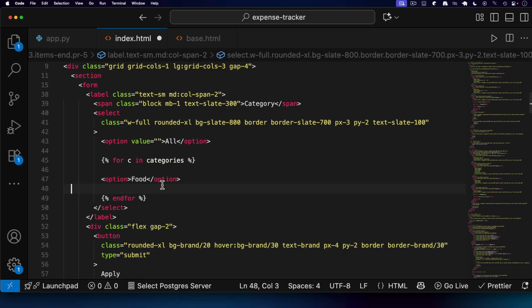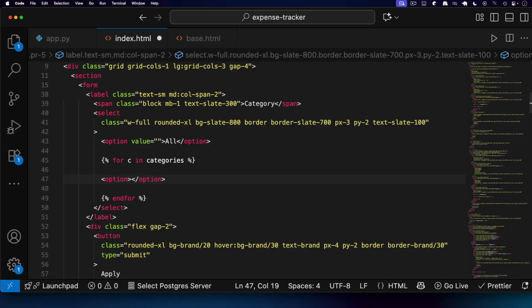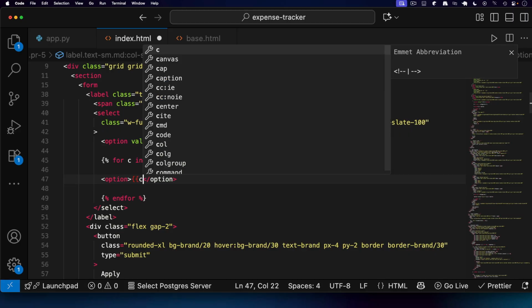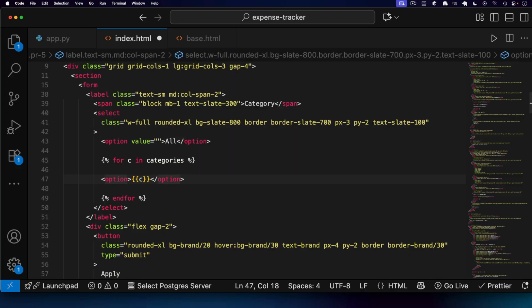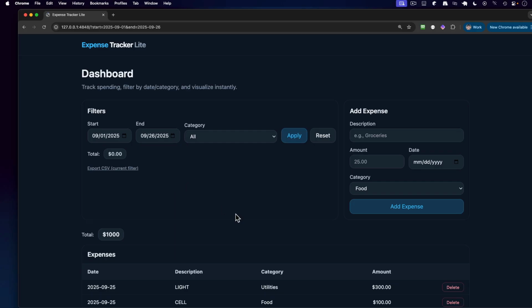We got to do just a little bit of some expressions here. So here we will have the category just like that. But in here, in the value, we'll have the category as well. Perfect. All right, so we save, and if we refresh, yeah, you can see now the new categories